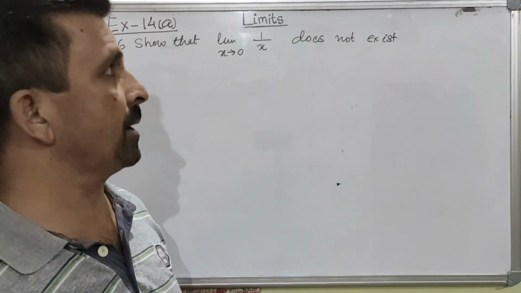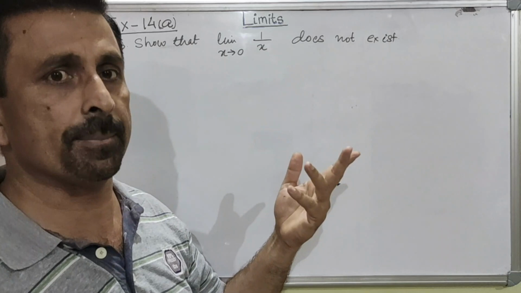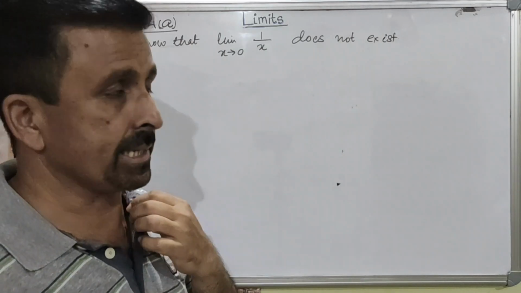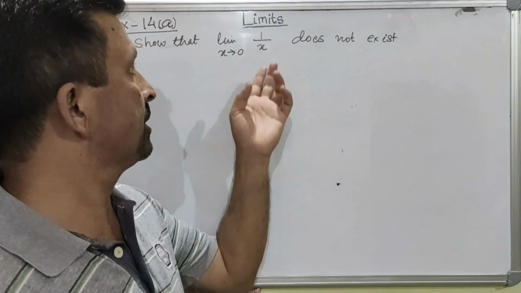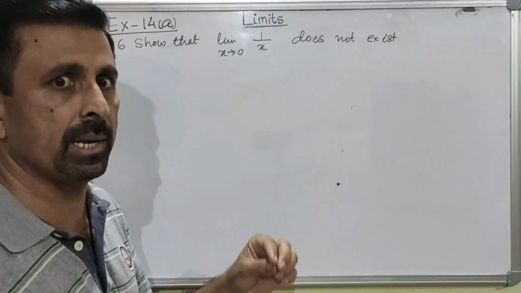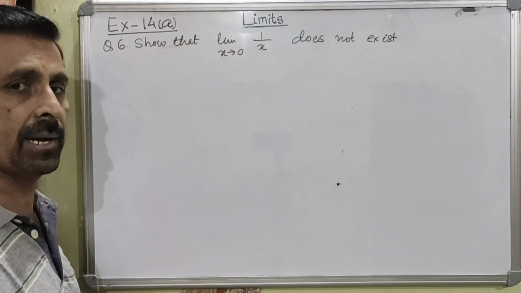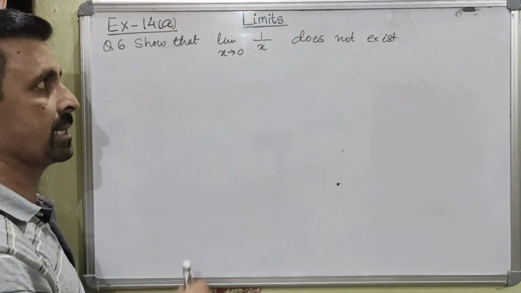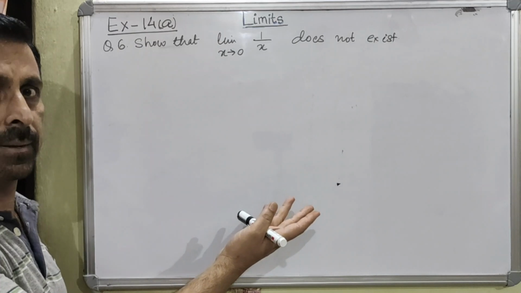Once again we are discussing the same topic, same type of question, limit exists or not, for different types of functions. So now we have a very simple function. Sometimes the things that look very simple also come out complicated. That is why I am not skipping any question. All the types I am touching all the time, right? Only a few questions I'll be leaving for you for your assignment. So we will once again find out the left hand limit, because we have to find out whether the limit does exist or not. So we will find out both the limits, left hand limit and the right hand limit, right?